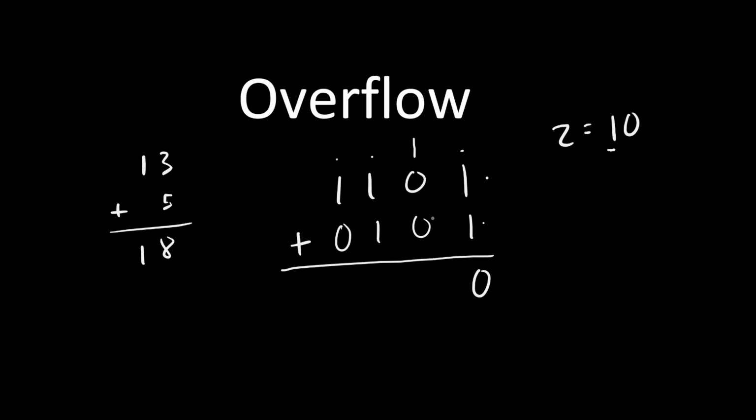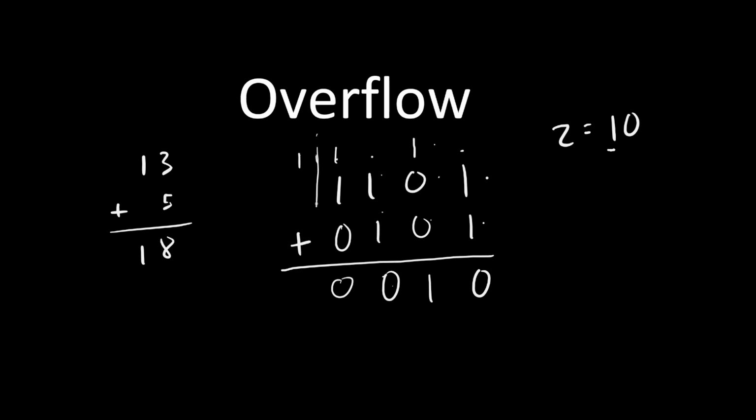Next column, pretty straightforward. 0 plus 1 is just 1. 1 plus 1 is 2, which is 1, 0. So you carry your 1, put down your 0. Now we have 0 plus 1 is 2 again. So 1, 0. So we have 1 and 0. And let's draw